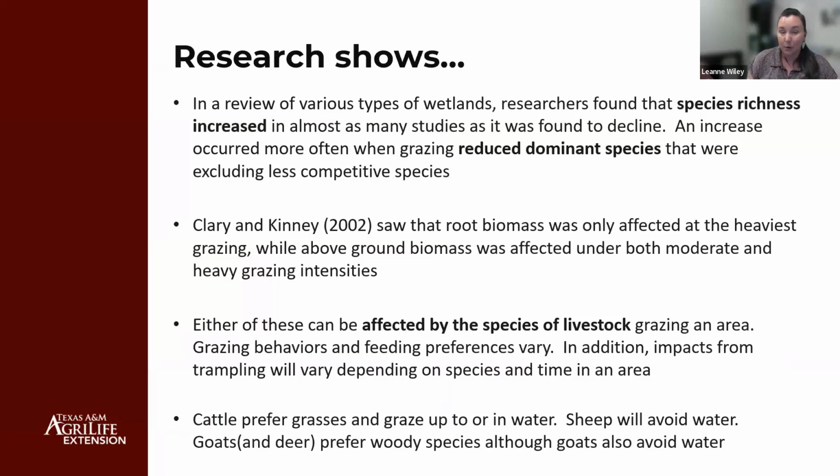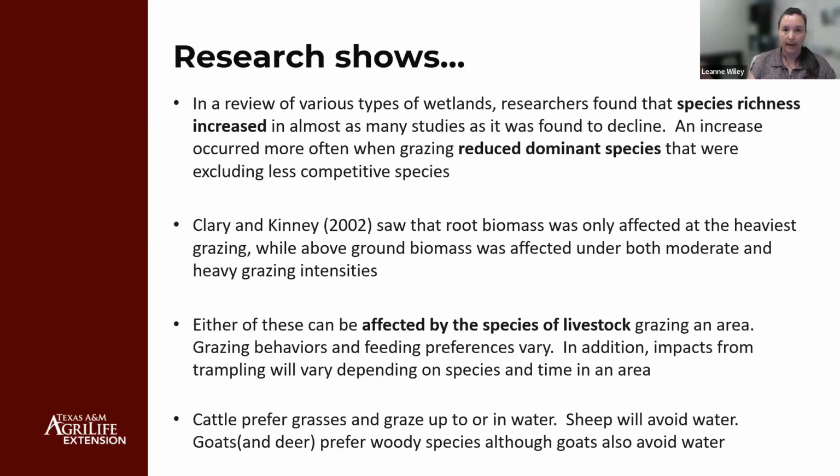So that was my quick run over of some of the plants that I was able to find where livestock maybe could be beneficial to come in, flash graze, and get some of those invasive species out of there, allowing some of that space to open up where maybe more of your natives or your more desirable plants would have a chance to come back in. A little bit of research I did find shows that is true, that species richness would increase as cattle were grazing. And you could also maybe try to reduce that dominant species that's there by having them come in and make it less competitive.